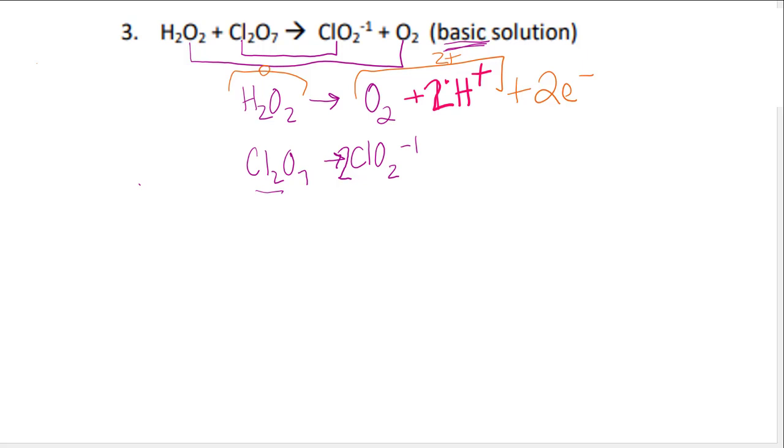I've got 7 oxygens on the left and 4 on the right. So I need 3 waters, right? That gives me 4 O's plus 3 O's is 7 O's on the right and 7 O's on the left. Let's balance our H's now. I've got 6 H's on the right, so I need 6 H's, H pluses,